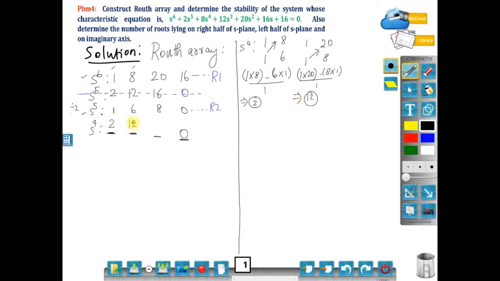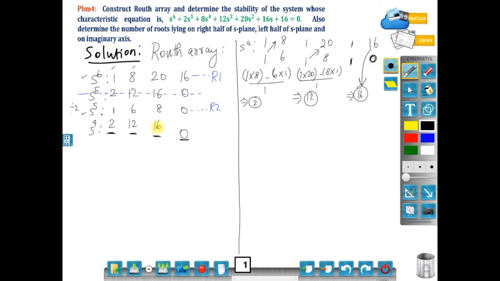And then this parameter, S power 0. What will I take? I will take the previous 2 rows, first column 1 and 1, and the fourth column, 16 and 0. If in your matrix itself this 2 by 2 has a 0 in the place, you can directly mention the answer, it is 16. Don't go for further calculation. Just take the values and place the value. You can bring the same value here. This will be the answer. So 16 is the answer.